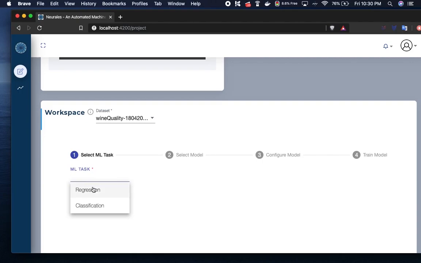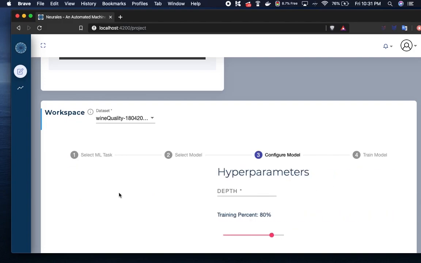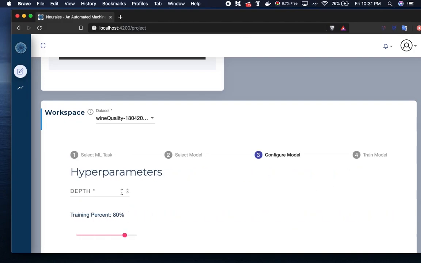So for this task, we're going to select regression, and we're going to use a decision tree. Then you have the ability to select the hyperparameters. Now it's important to note that each of your models that you choose will have different hyperparameters, and that you can